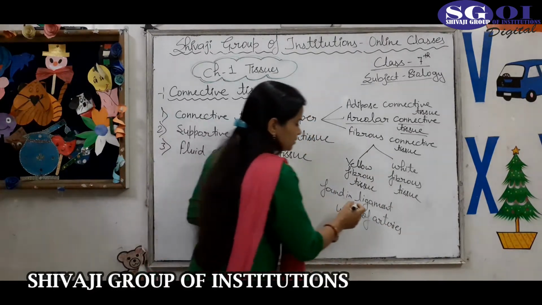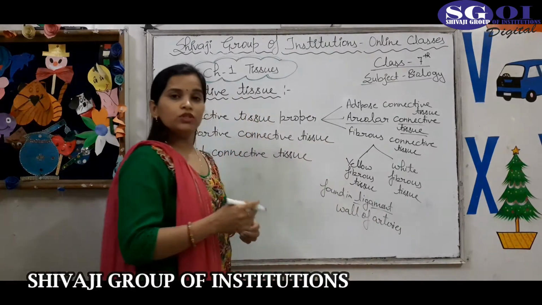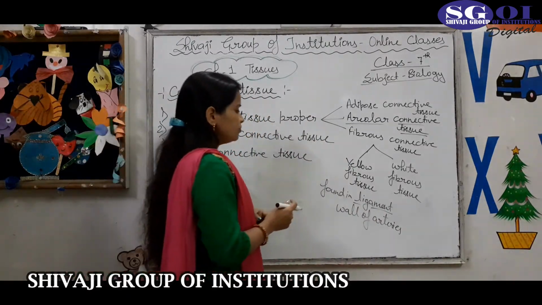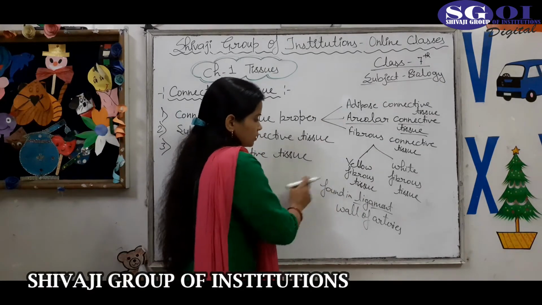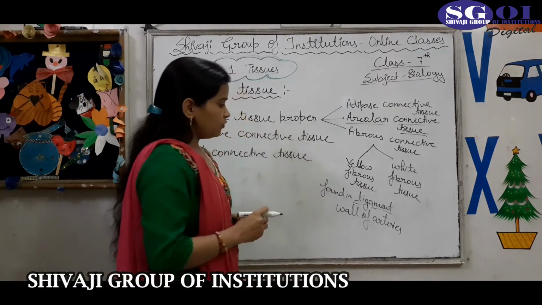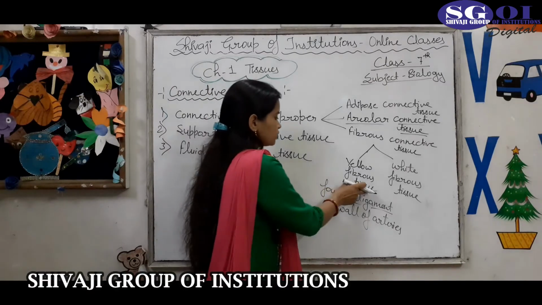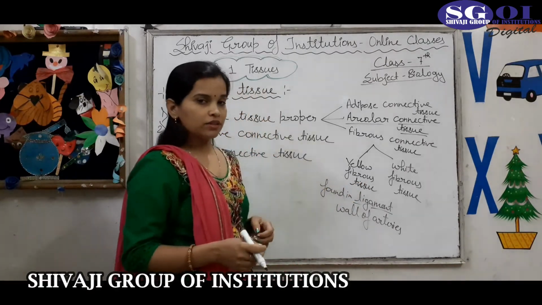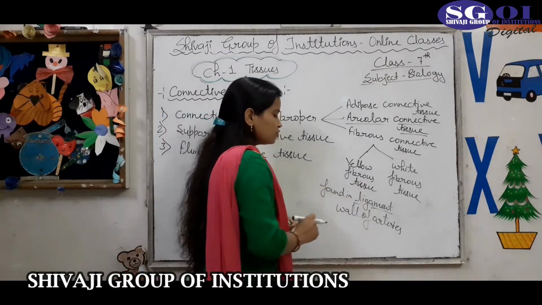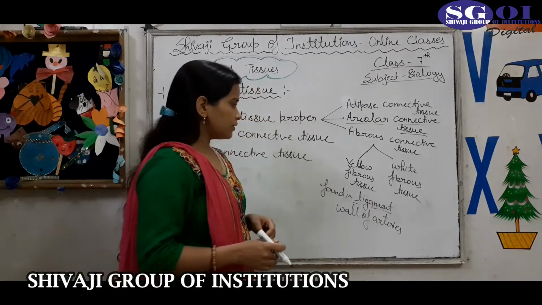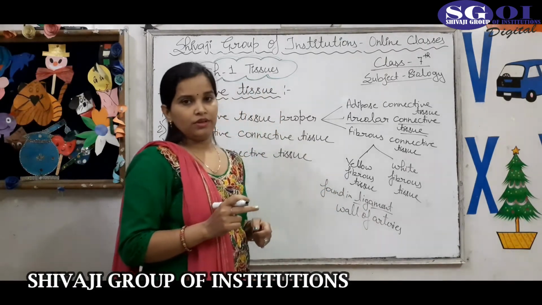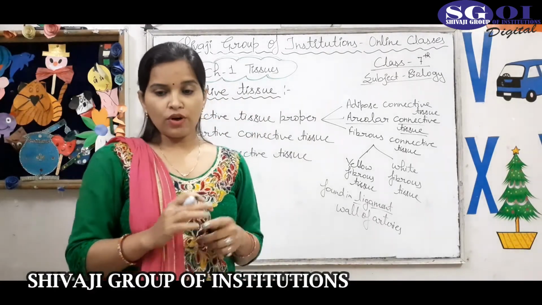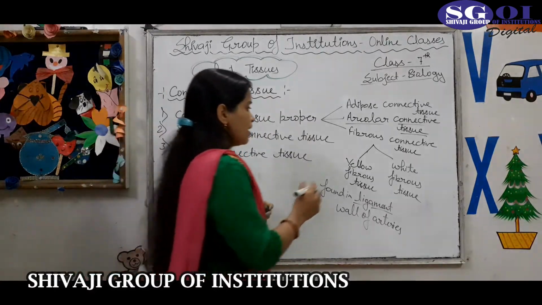Actually, the ligament, which connects a bone to another bone, is called ligament. So in the ligament, the yellow fibrous tissues are found, and the main function of this yellow fibrous tissue is to connect one bone to another, because the main function of the ligament is also to connect one bone to another. Yellow fibrous tissues are strong, okay students, but not flexible.